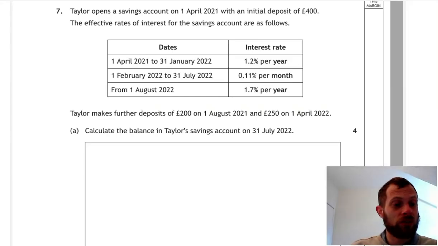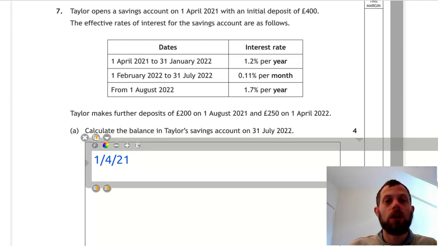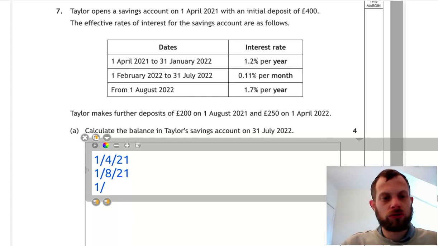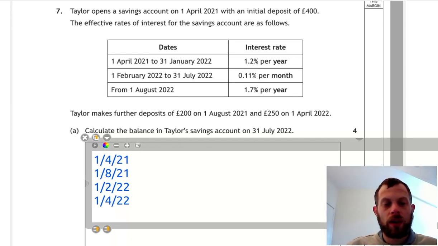This next question, 7, is on accumulation. So what I like to do is to start by listing the dates that are relevant for us. So we are starting on the 1st of April 2021. Then there's another payment on the 1st of August 2021. The interest rate staying the same at that point, 1.2% a year. Then the interest rate is changing from the beginning of February. So let's put 1st of February 2022, and then there's the payment on the 1st of April 2022, and we need the balance on the 31st of July